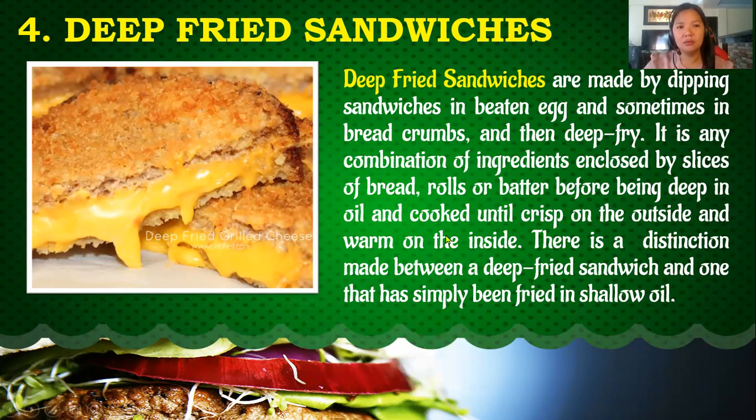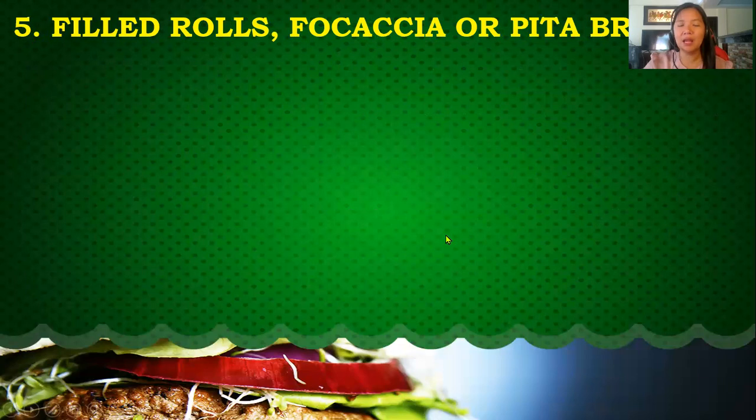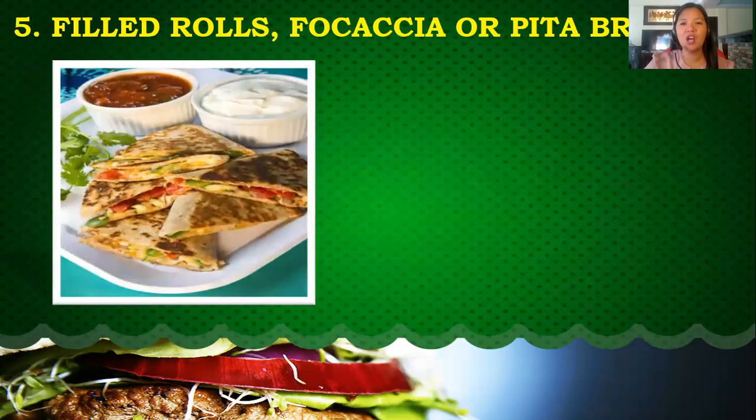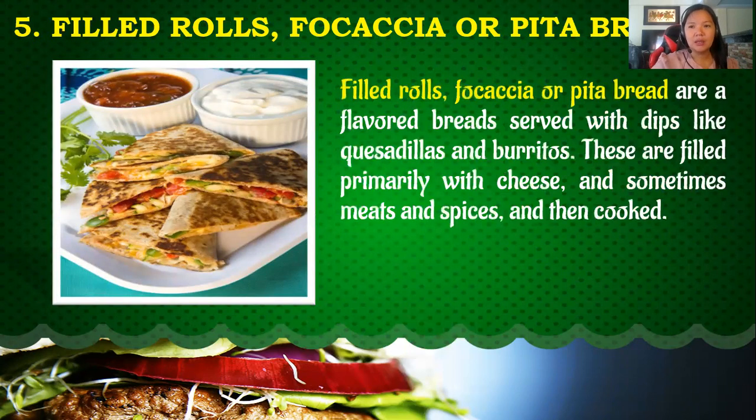Bread roll. For the last type of hot sandwich, we have the field roast, focaccia, or pita bread. They are flavored bread served with dips, like quesadillas and burritos. These are filled primarily with cheese and sometimes meats and spices and then cooked. So those are the types of hot